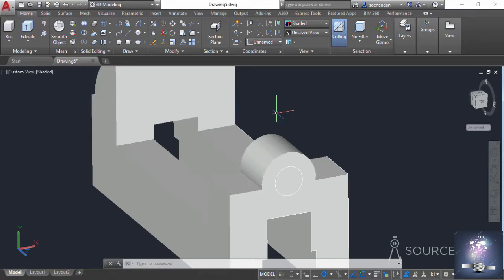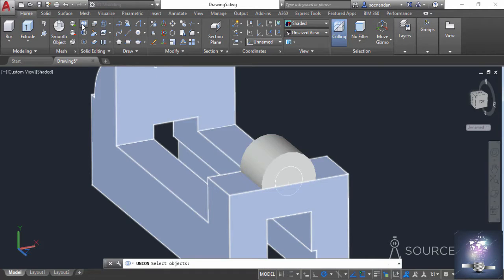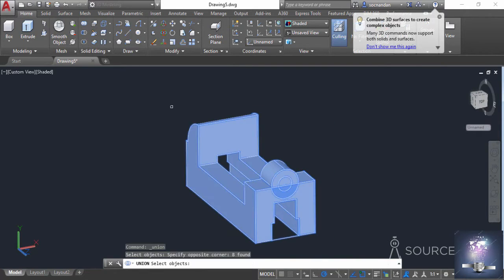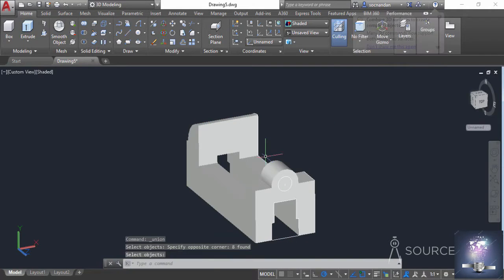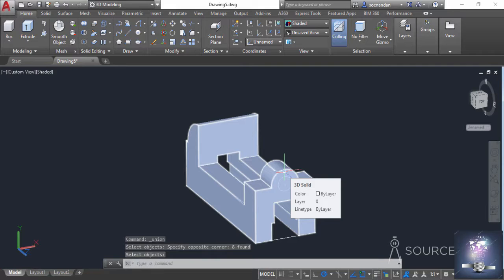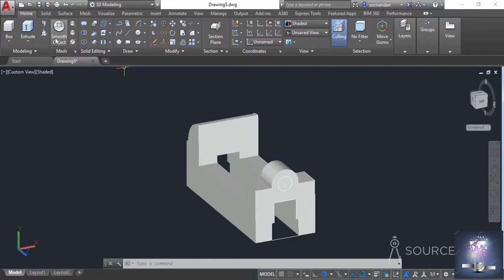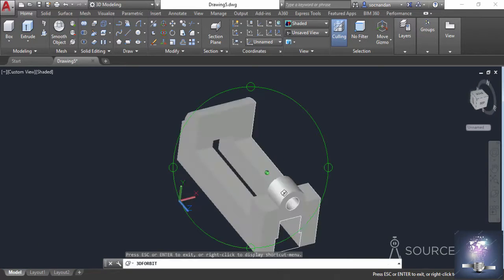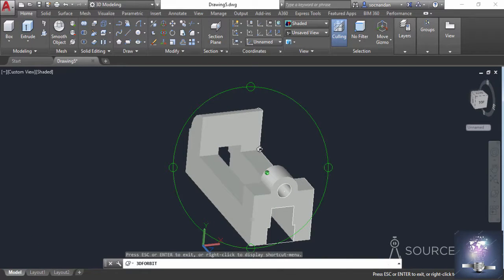So for joining the 3D objects, go to this union tool on the solid editing panel and select the complete geometry and press enter. So here we have the complete geometry as a single unit. Now once again go to this press pull tool and click inside the circle and make this geometry. So let's click at this point and press enter, and here we have it,